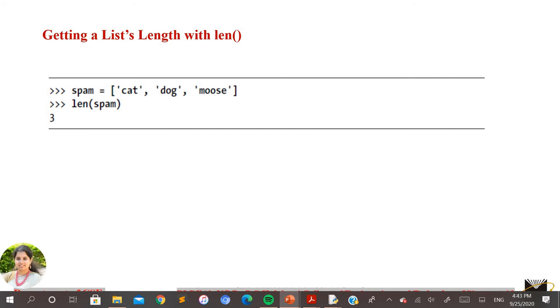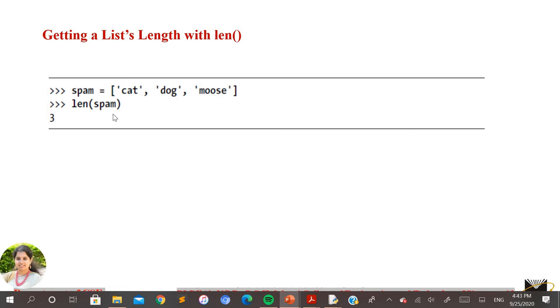So now the next concept is how you are going to identify the total number of elements from a list. For which you are going to use the built-in method length, which is written as only len followed by the parenthesis, and into the parenthesis you need to specify the list variable name, for which you will get the total number of the elements here. So if you are going to use the same length function on a string, it is going to give you the total number of the characters from the string. But if you are going to use the same length function on the list variable, it is going to count only the total number of the elements in the list.